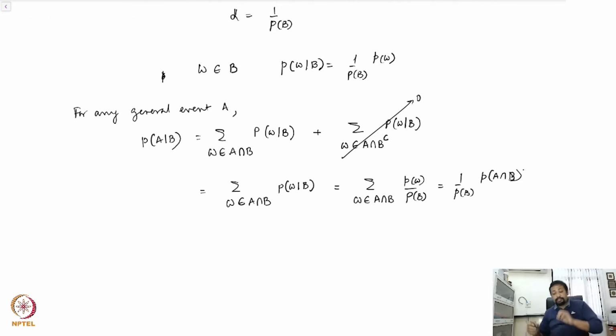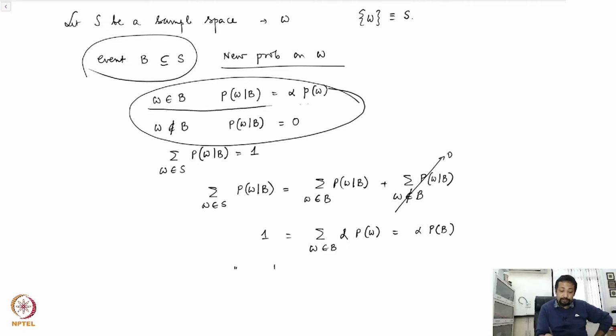So this is a very simplistic derivation of the expression that we did before. To summarize, what we essentially did was we looked at the sample space, and then we said, look, now an event has happened and I want to condition on this event. So for that purpose, I want to reassign the probabilities of the outcomes given that this event has happened, and let's say that event is B. So all we did was we